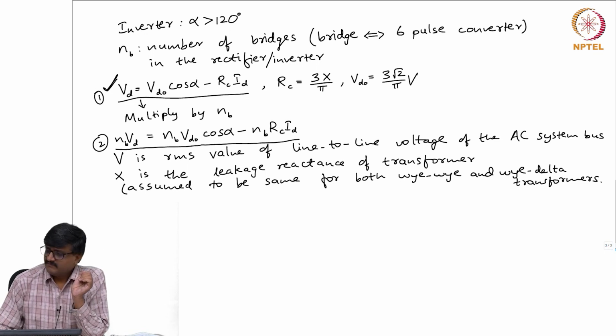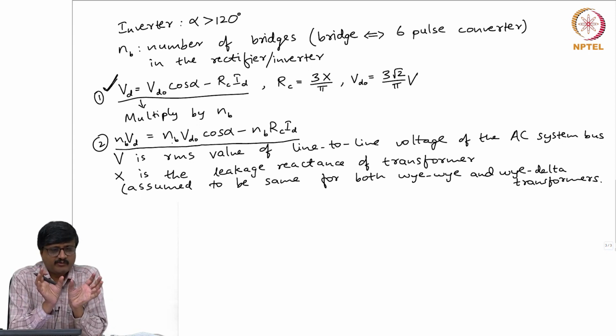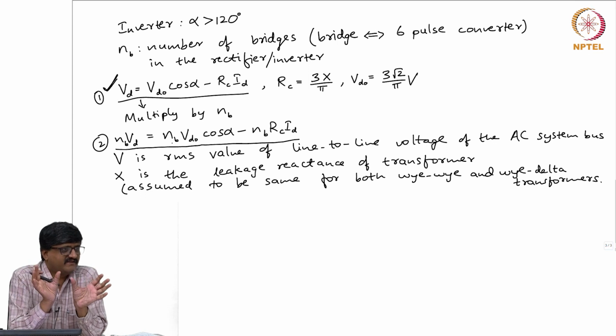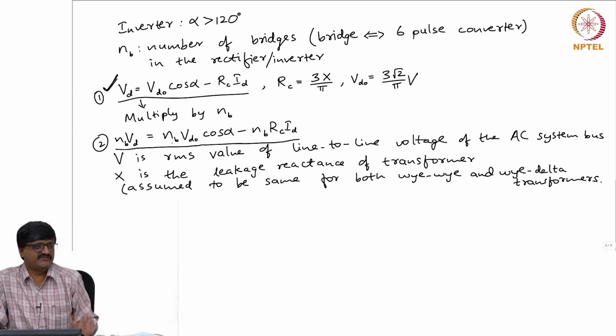Okay. So please note, when it comes to average, it's easy to do the analysis, just multiply it. Because if you have two voltages in series and you know that the first voltage has some average value and the second voltage has some average value, the resultant average is the sum of the averages. That result we are using, that's all. So instead of two voltages, I have NB voltages.